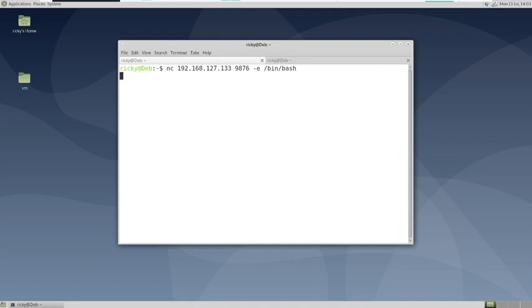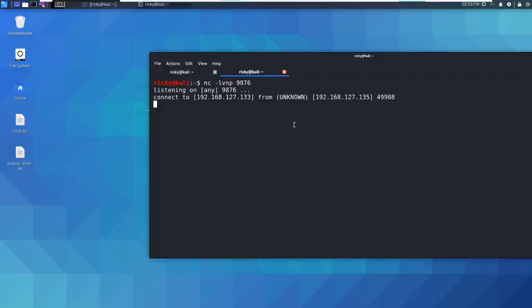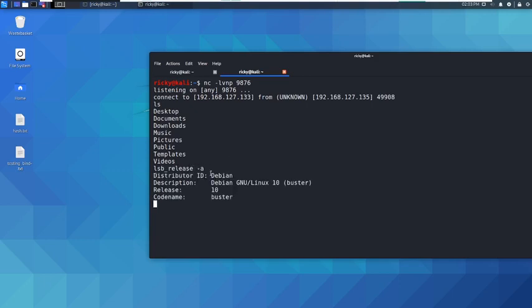Okay, so I've started it. If you go back to your calling machine, you have established the connection from there to here, and you are executing every command from your calling machine. If you see, this is my Debian machine. If you run lsb_release -a, you see it's Debian Linux buster, so you can see all the versions. And if you do cd Desktop, we go into Desktop, and you create a file with touch also,